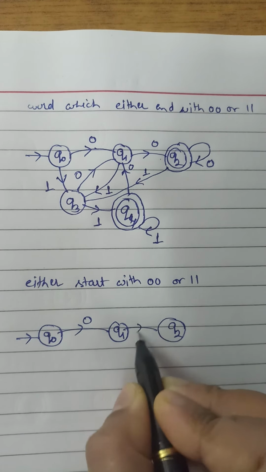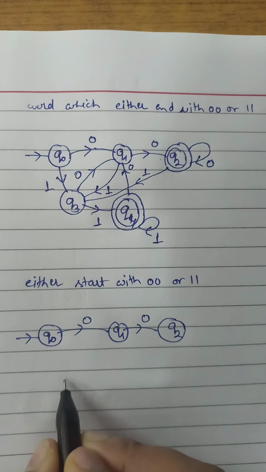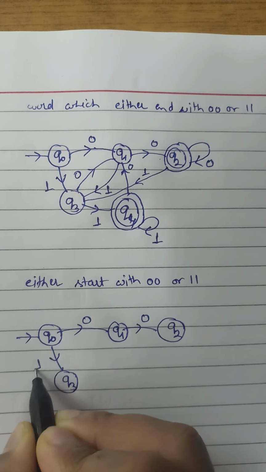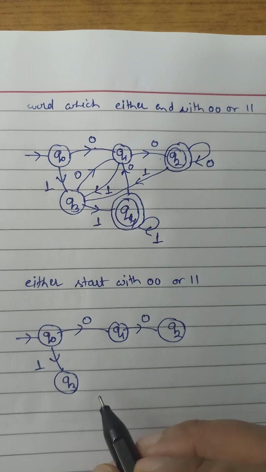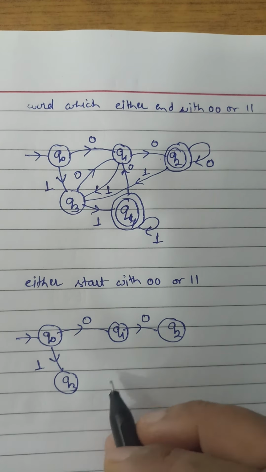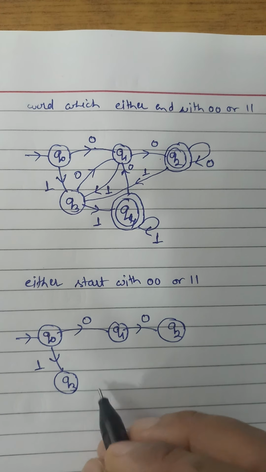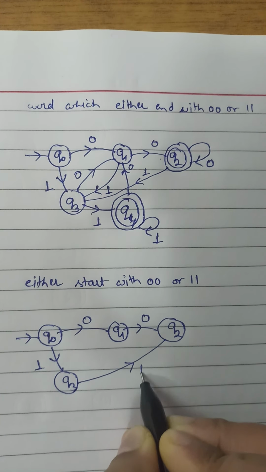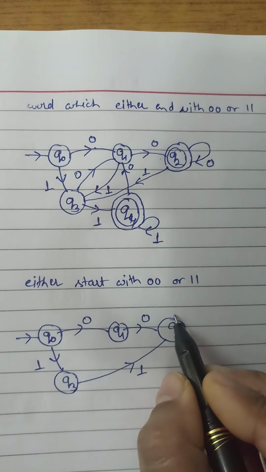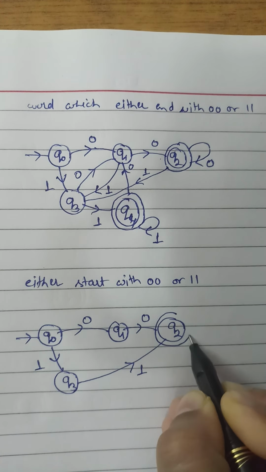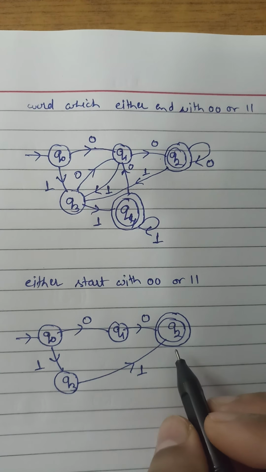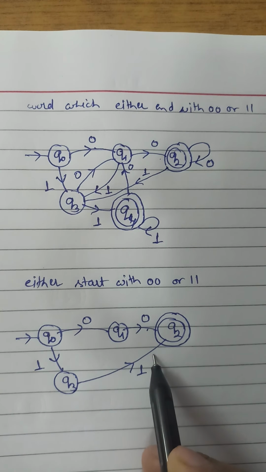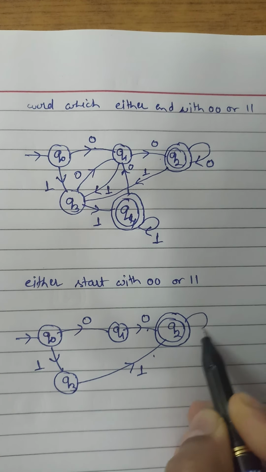We make a transition for 0. We move to the next state Q3. We make a transition for 1, and we make a transition for 1 here. So we make Q2 a final state, because the word either starts with 00 or with 11, and the end can be